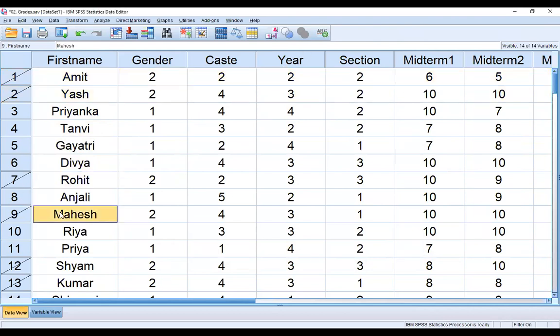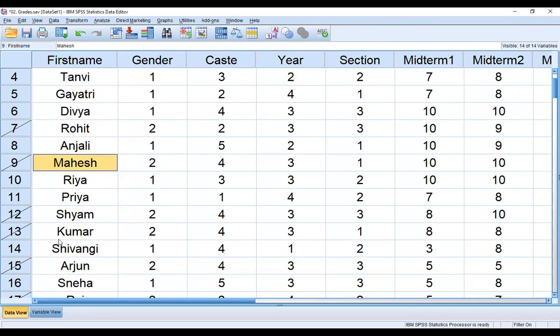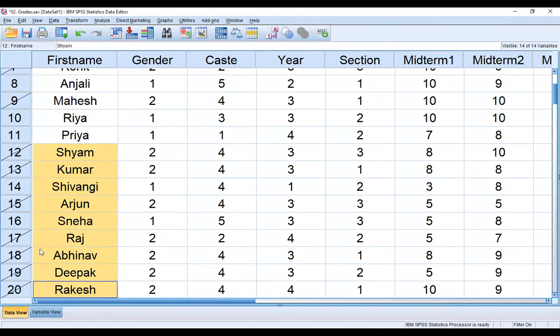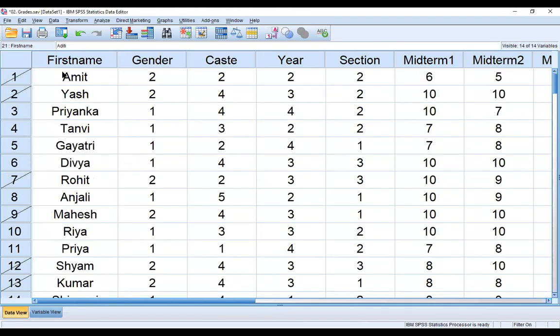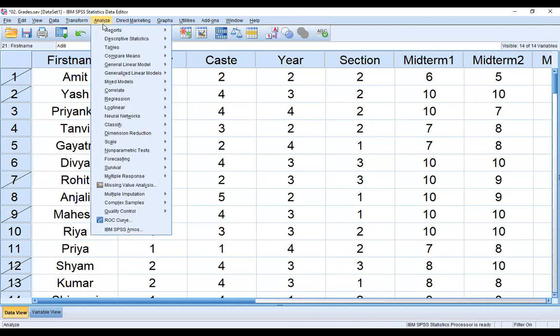Rohit is male, Mahesh, Shyam, Kumar, Sneha, all are male. So I can analyze only female students' data. Through case summaries, I go to Analyze, Reports, and Case Summaries. I just want to know the performance of female students in each section.